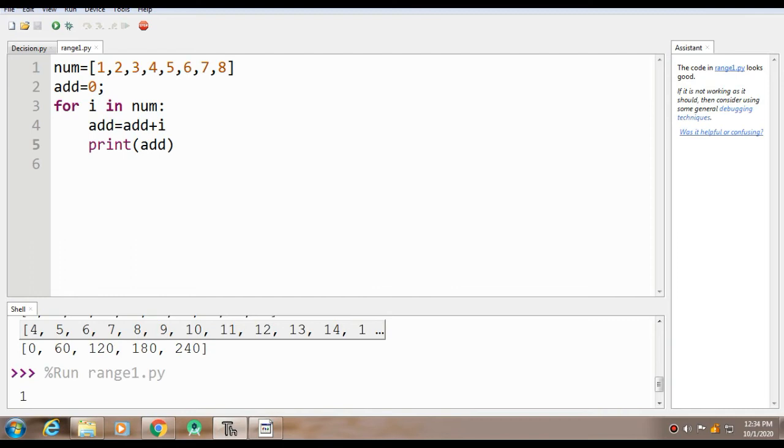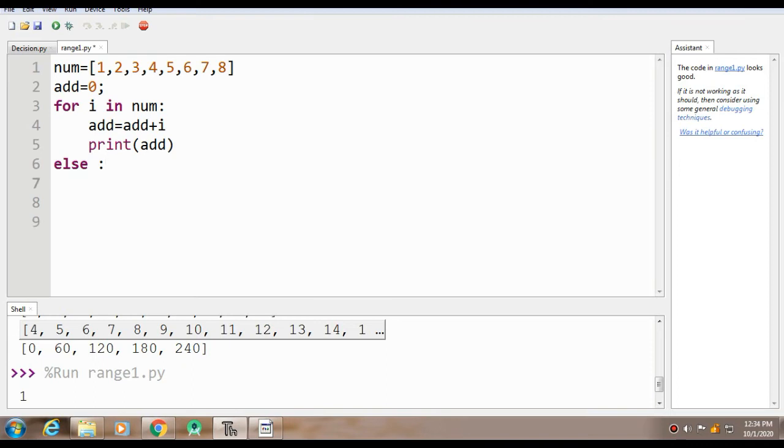Now, as I have already told you, we can use the for loop with the help of the else statement. So how can we use that and what is the purpose of the same? Suppose you want to use the for loop with the else statement. Suppose all the elements present in this particular variable are finished. Now when they are finished, what should be done? That you can mention in the else statement.